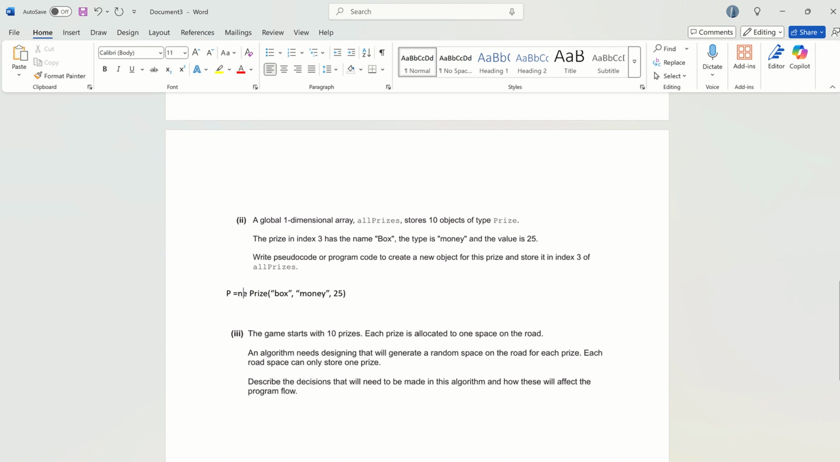If you're doing this in pseudocode, you put new there. Be really clear there's a space there. If you don't put space there, it's wrong. Okay. Some of you put new and prize really close together, and I couldn't really tell whether there was a